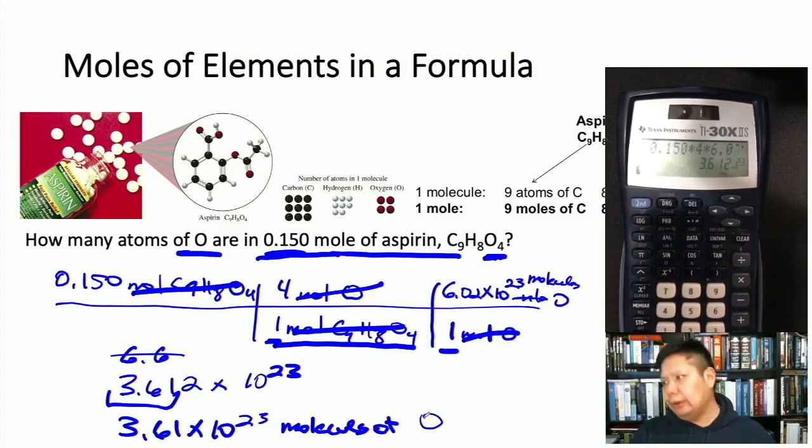The reason why we do all this, though, is so that we can talk about this thing called molar mass. Molar mass is the thing that allows you to